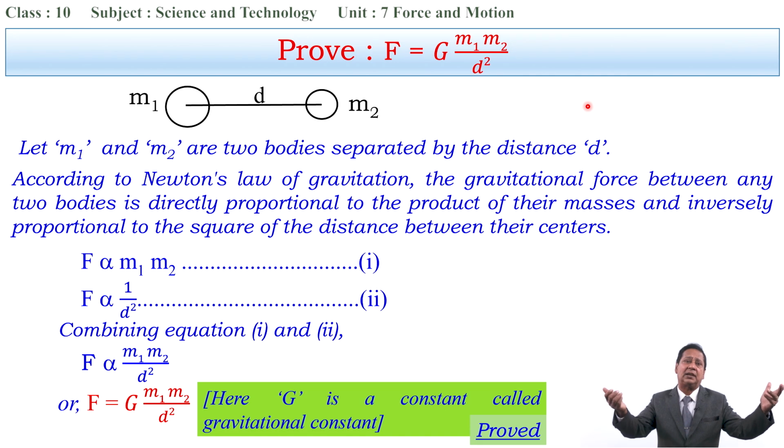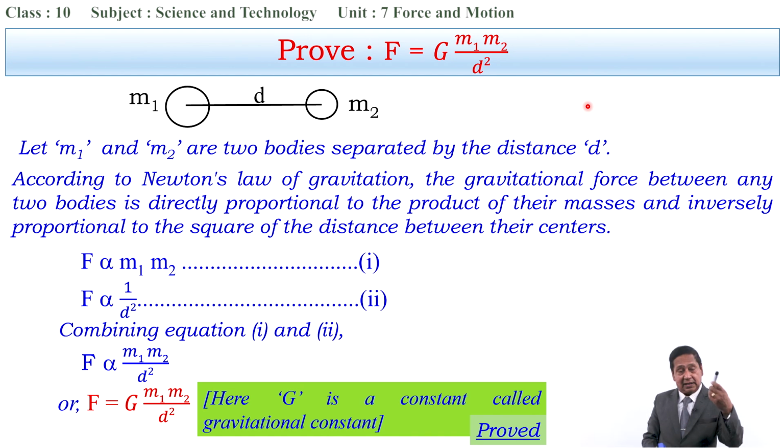We can calculate the gravitational force between the moon and the earth also if we know the mass of the earth, the mass of the moon, and the distance between the earth and the moon. We can calculate the gravitational force between these two bodies. Not only this, we can calculate the gravitational force between two bodies if they are taken 2 meters away from each other,